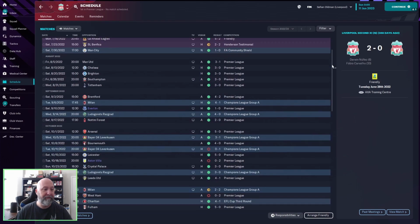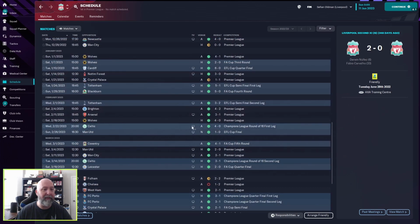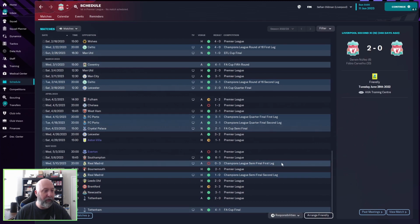I mean, again, October 11th for Leverkusen in the Champions League Group A, 0-1 loss. Aston Villa 0-2, continuing their run 2-all in the Champions League Group A, but that does see them move through, correct? Yes, right there. Celtic 4-0 win, and then 3-1 win again in the round of 16. But FC Porto, you can see in the Champions League quarterfinal, first and second legs, both 3-1 ties. However, 0-3 to Real Madrid away from home, and only a 1-0 win at home at Anfield, and that sees